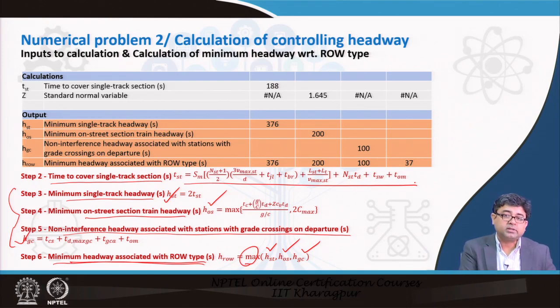Again, do not get carried away by the length and complexity of the formulas. All input parameters have already been given to you. Just input those parameters into the formula. What you need to understand is what each of the elements in the formulas talk about, right. You have to know what is Tij, you have to know what is TBR and why they are affecting the calculation of controlling headway. If you understand that, that should be easy to understand.